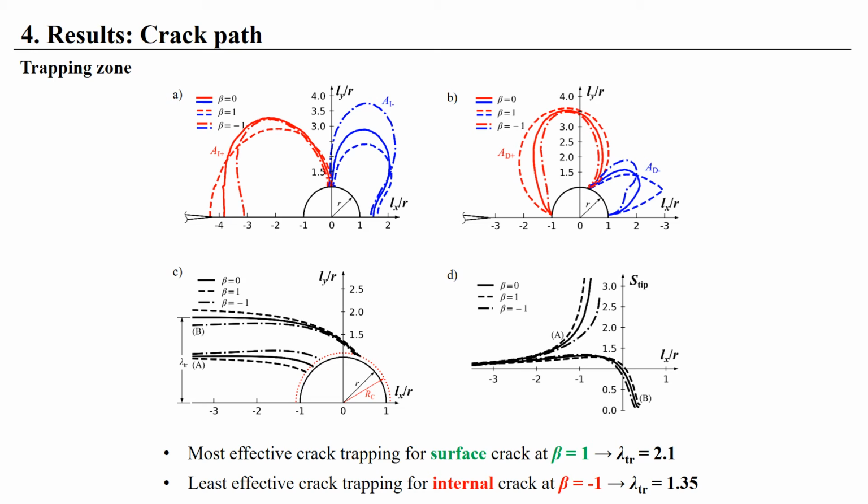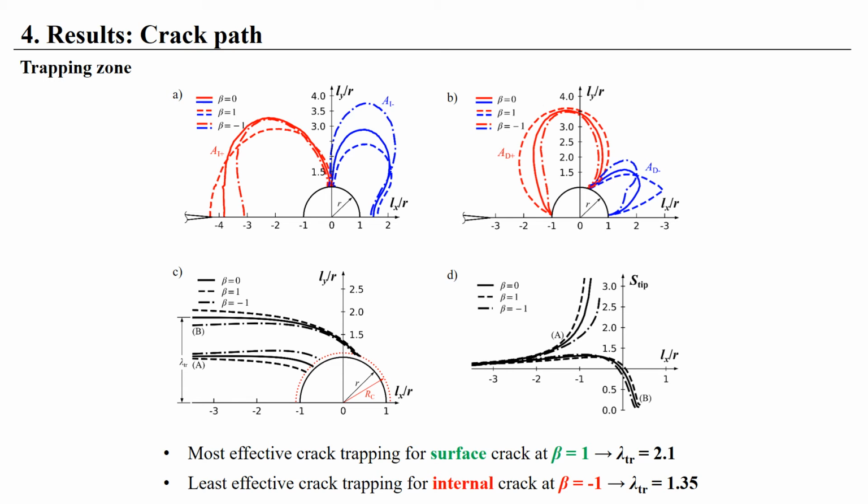Anyway, these cracks are not dangerous as they get trapped by the hole. The crack paths at B indicate the farthest approaching cracks that get arrested by the hole, and therefore they define the trapping zone size, here defined as lambda trap, which is the trapping zone size normalized by the hole radius R. The most effective crack trapping appears for a surface crack subjected to biaxial tensile loading, where beta equals 1